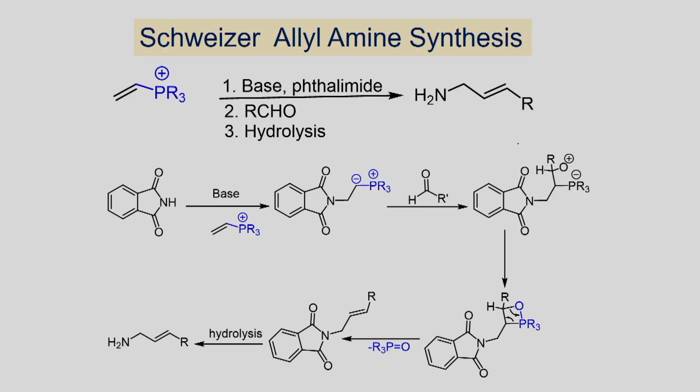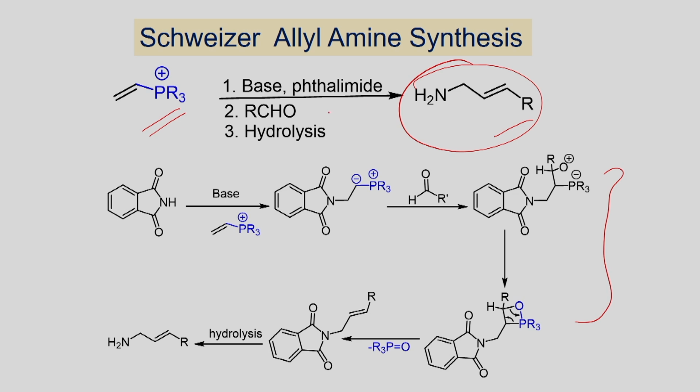The synthesis of allylamine is shown here. Already we have seen this reaction when we studied the formation of carbon-nitrogen bonds. Let us briefly touch on this one. If you want to make allylamine, this is one of the effective synthetic routes. If you want to make primary allylamine, you can use this method. Here you can see the reaction of this salt.